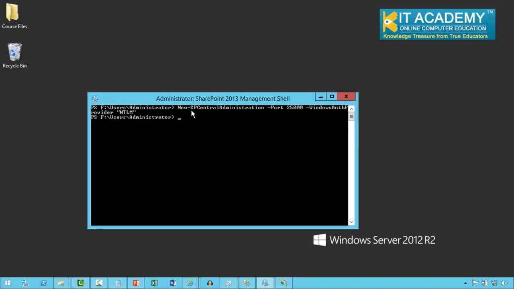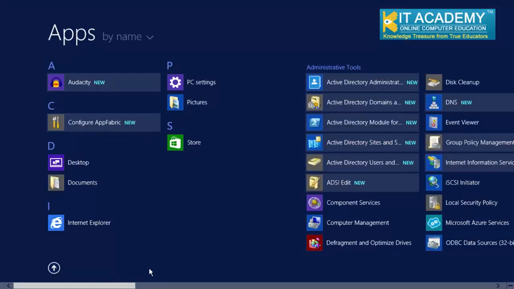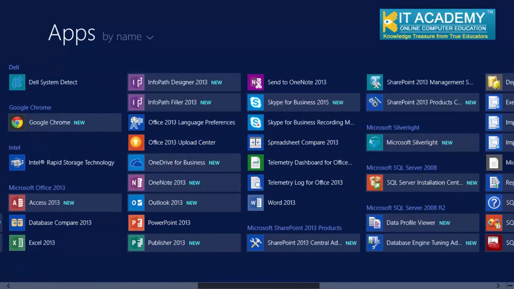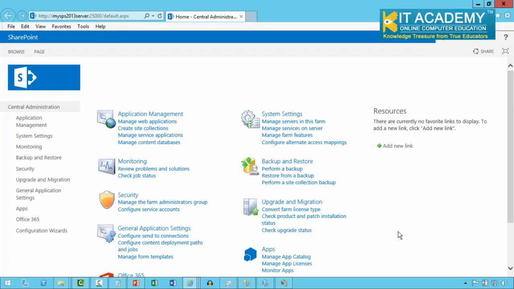So now you can see this command has been executed successfully and we came back to the prompt. Now let's go back to SharePoint 2013 Central Administration. So I can actually click on this link. Now it is actually trying to open my SharePoint Central Administration on port number 25,000. Now you can see my SharePoint Central Administration has been successfully opened, and obviously we're all waiting to see